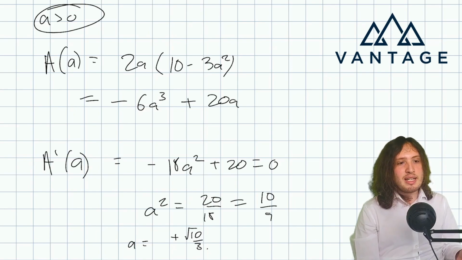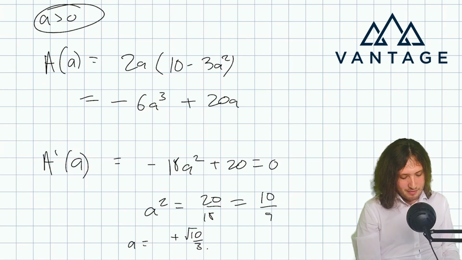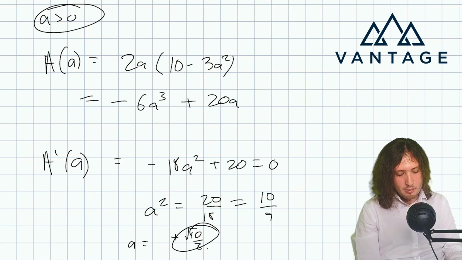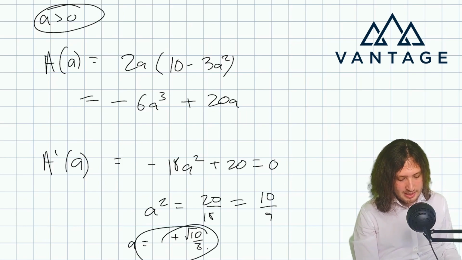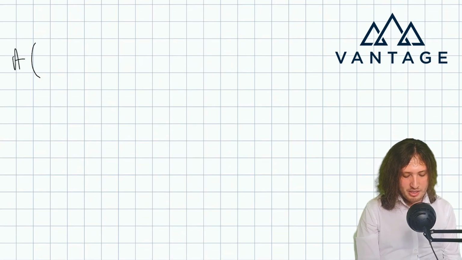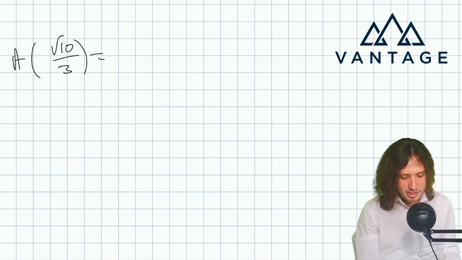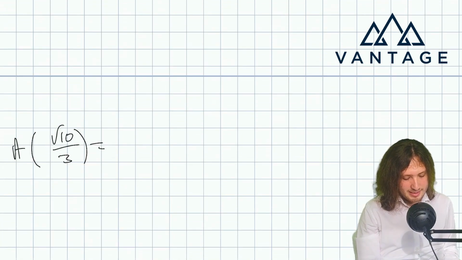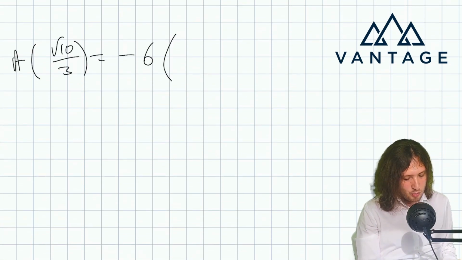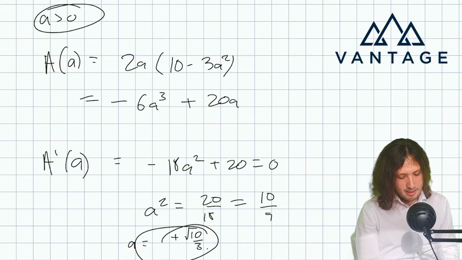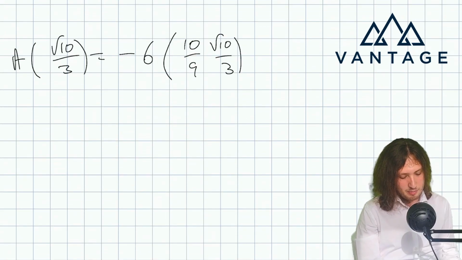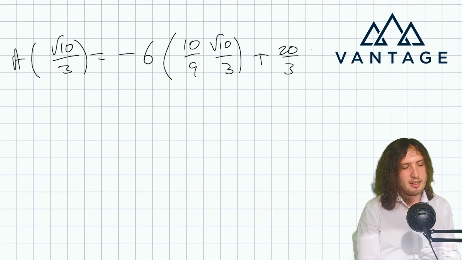So the only turning point I have for positive A is at root 10 by 3, because the ends of the allowed interval, A is 0 and A really big, clearly did a rubbish job of maximizing. This must be what we want. So then we just have to plug that into our expression, and we get minus 6 lots of, now that thing cubed, 2 of them are going to give me a 10 over 9, and then I get another one, root 10 by 3, and then I've got plus 20 lots of A, so that's going to be plus 20 by 3 lots of root